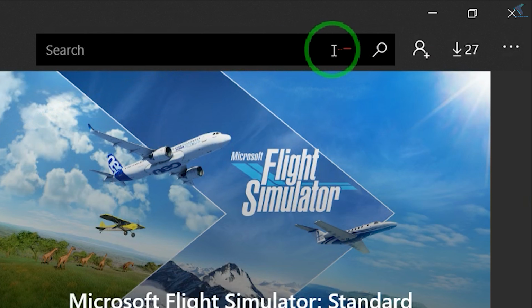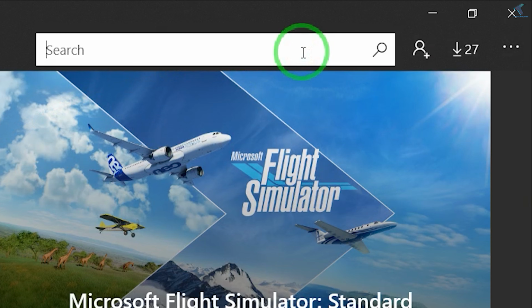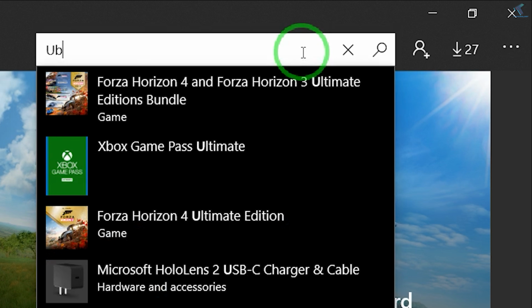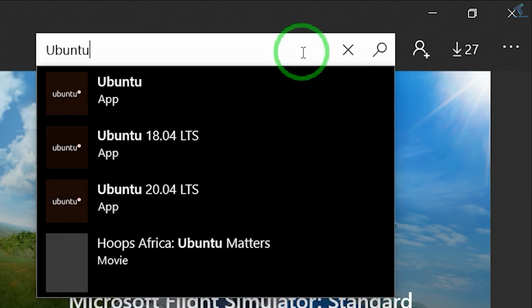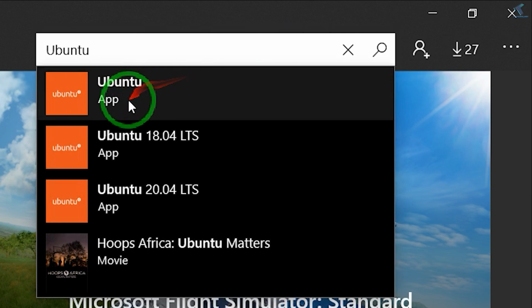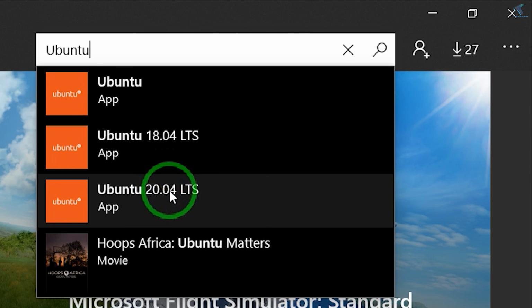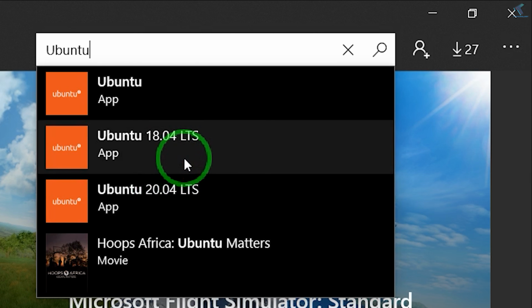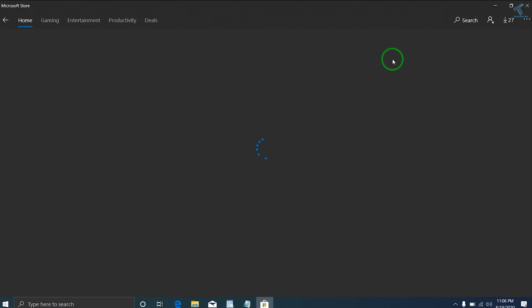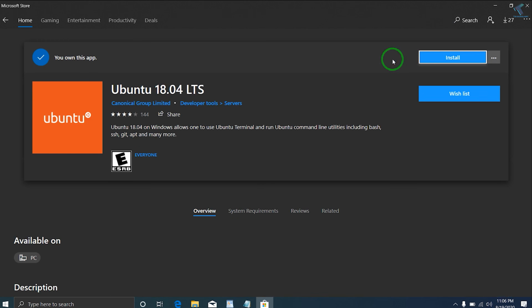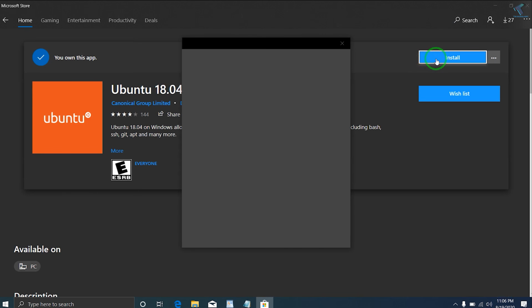So click over there and you have to find Ubuntu. Just type Ubuntu and you will get Ubuntu app, Ubuntu 18.04 and Ubuntu 20.04. So you have to make sure that you download 18.04. Okay, so click over there 18.04 and after that click on install.